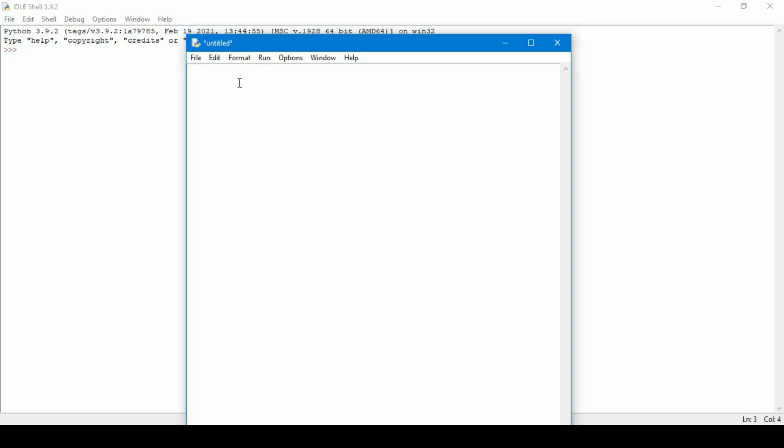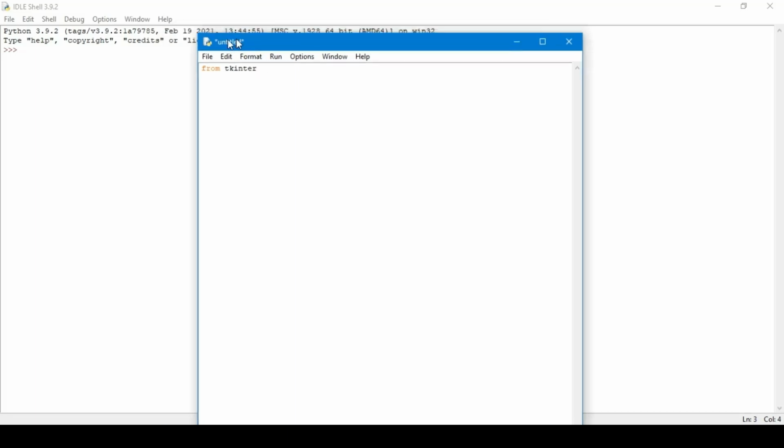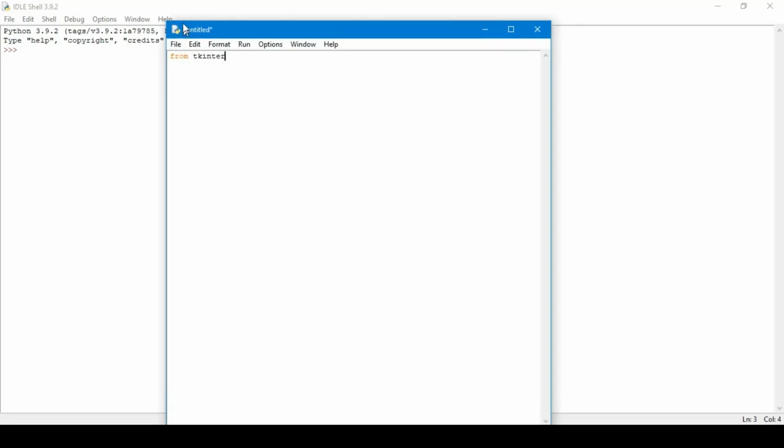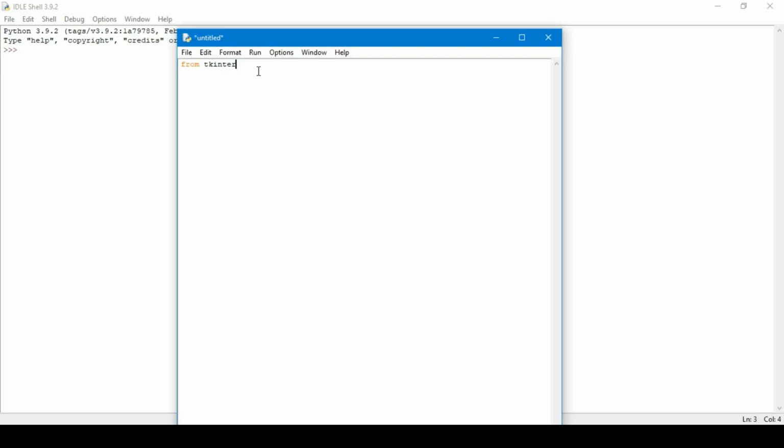So in order to use modules in Python, you have to import them to your code. So you just write from, then your module name. So I'm just going to use tkinter here. Tkinter is basically a module that just opens up windows like this. It won't be able to open up this window precisely, but you can customize that window and make it your own. But anyway, import,